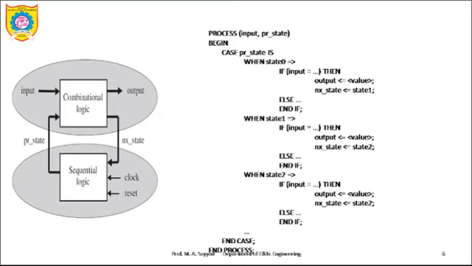You have to write when state 0, when state 1, when state 2. For every state, what you are going to do should be written in the sequential part of that particular state. At the end you have to write end case, end process. Okay, this will be the part. We will take an example of a counter and try to understand the writing of the VHDL code. Thank you.